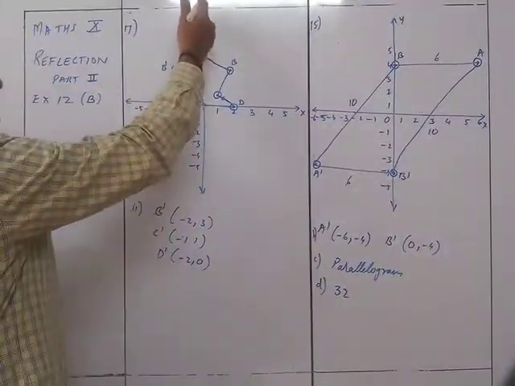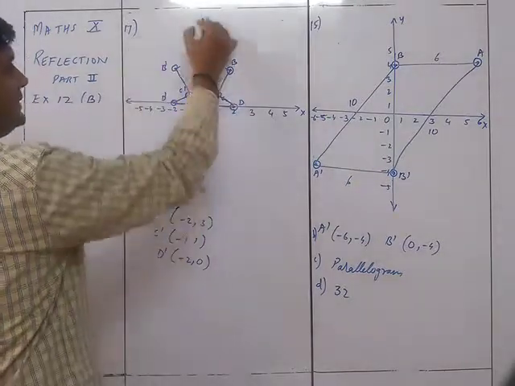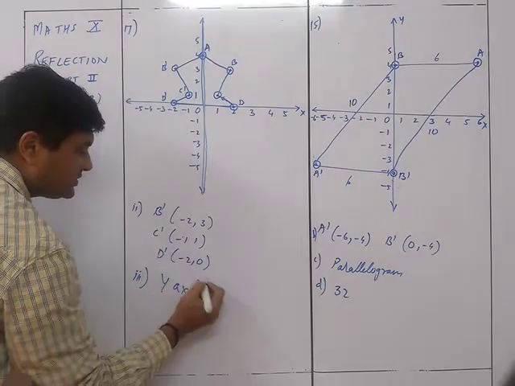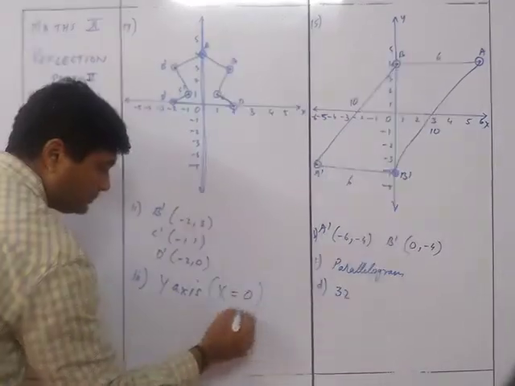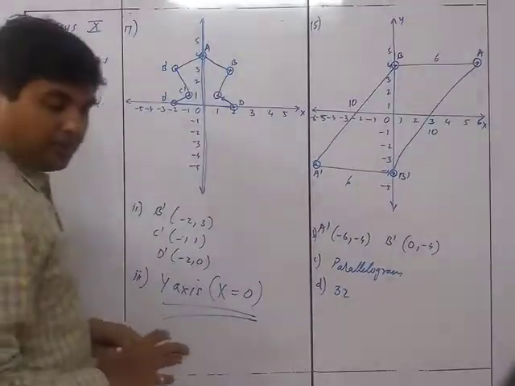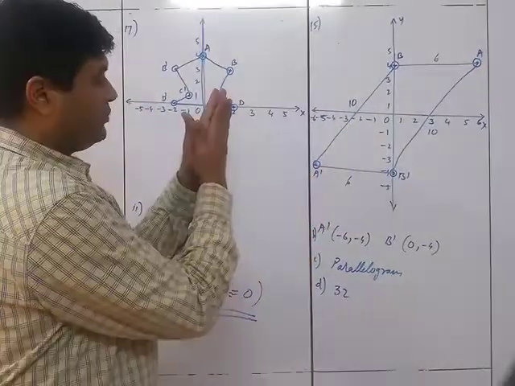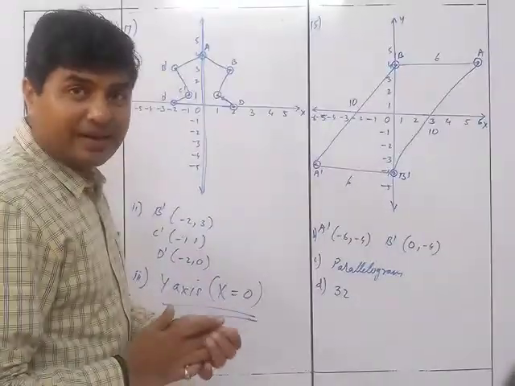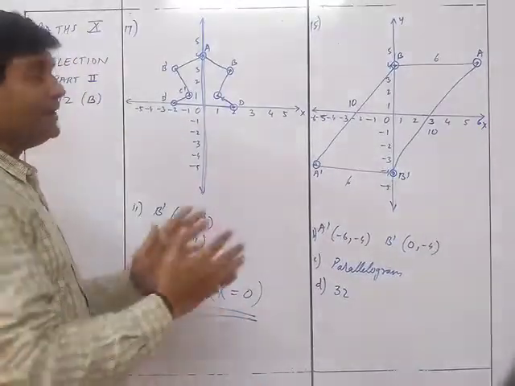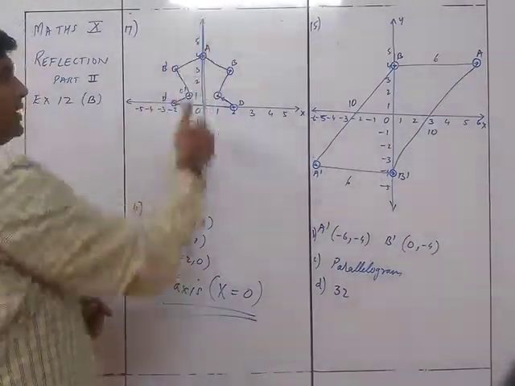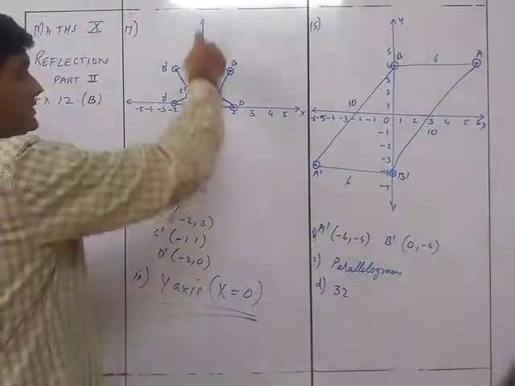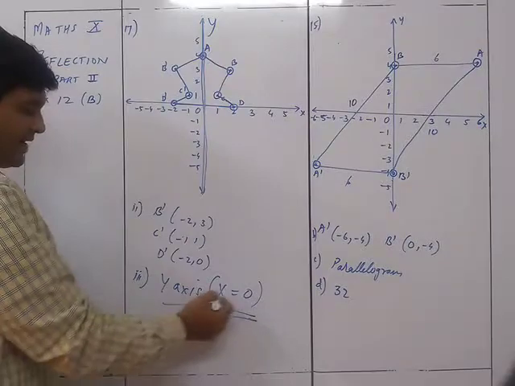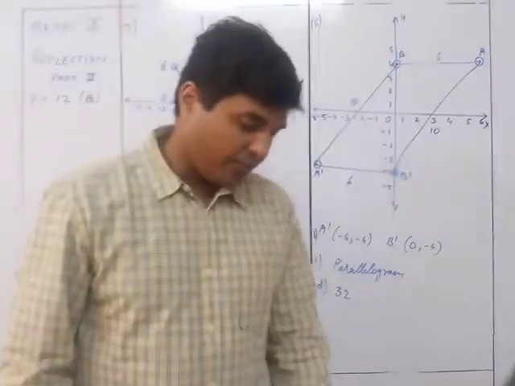So you can see what is that particular line which, if you fold it, will exactly coincide. That is this particular line. What is this particular line? That is the y-axis. What is the equation of that? x is equal to 0. The line through which the closed figure gives you exactly identical parts is also called the line of symmetry. Line of symmetry, we know that it is dividing the figure into two equal parts. So that line of symmetry, or that particular line which folds into equal parts, is the y-axis. The y-axis is given by the equation x is equal to 0. So that's why the y-axis, x is equal to 0, is the answer for the last thing.